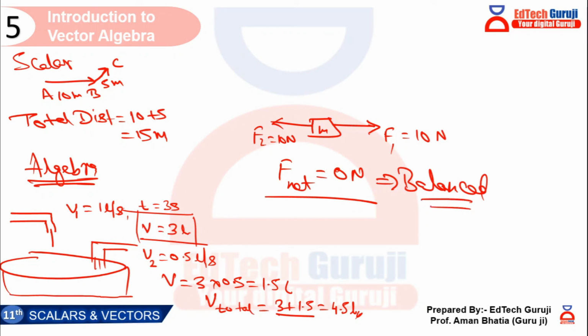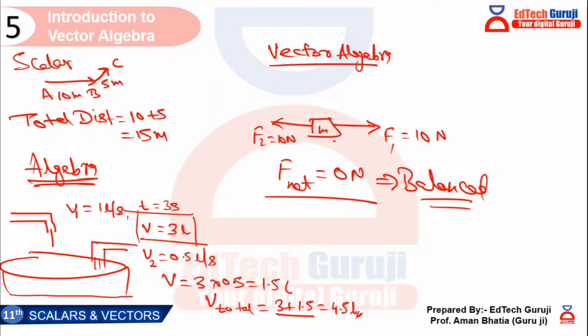Balanced force never changes the state of motion or direction of any body. It has to be an unbalanced force. ये हमने 9th में पढ़ा हुआ है, थोड़ा 10th में भी हमने पढ़ा हुआ है, right? So here we see that something happened. Here we did not simply take 10 and 10 and add them as 20. We gave the answer as 0. That means direction also matters. So this kind of addition will be done with the help of vector algebra. So this is vector algebra.